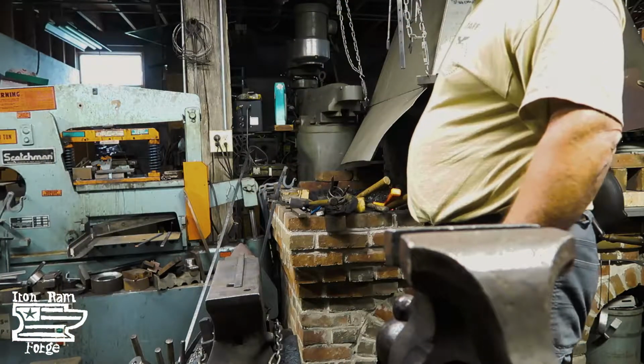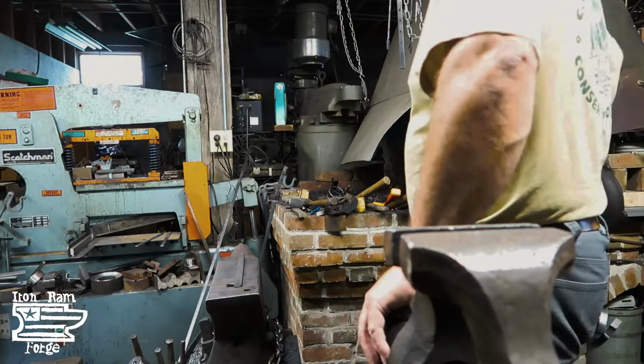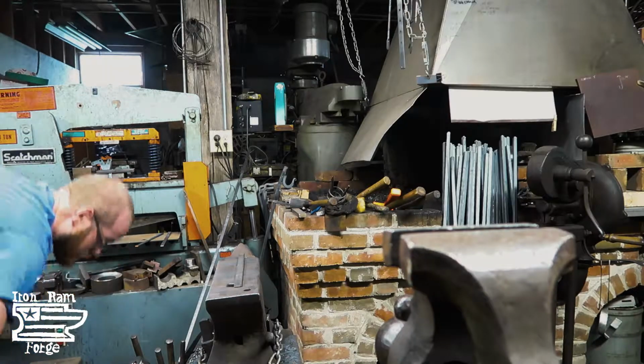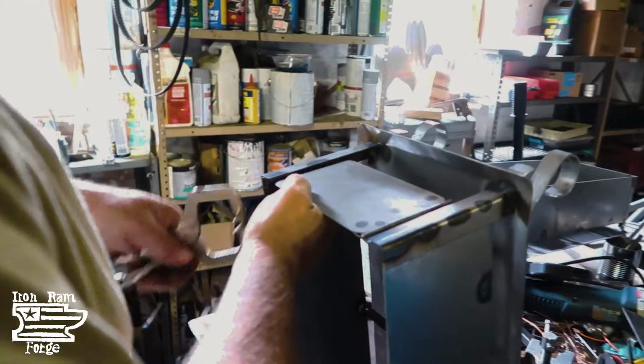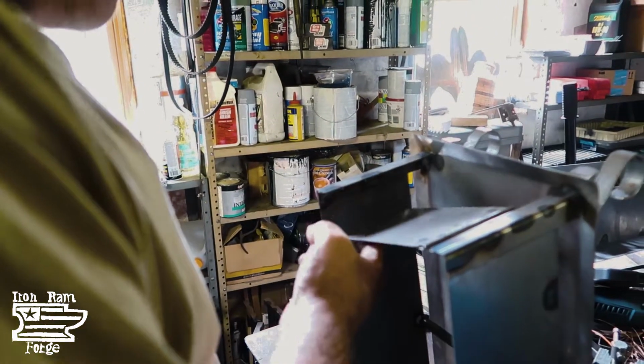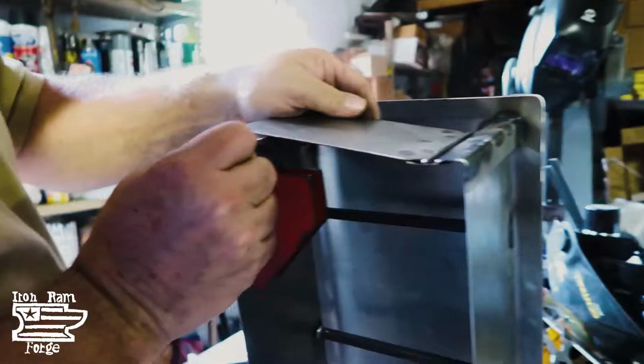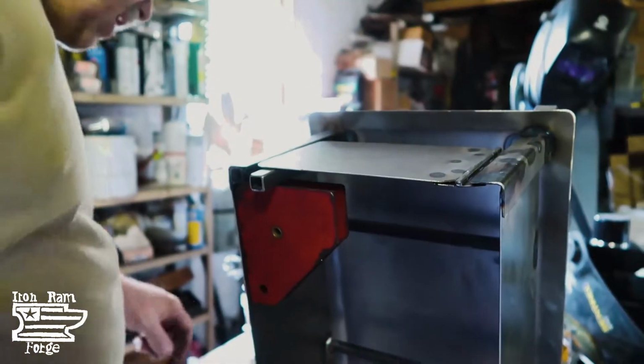Round edges on those. Yeah. Grind those up a little bit. Then the latches we need to drill holes in. Oh man, I'm creaky. Yeah. How am I going to keep that from flopping? Why don't you just set that magnet in there? I could do that. So what we've got now